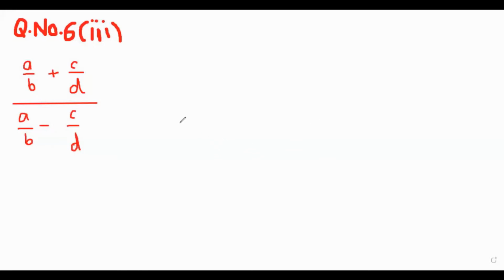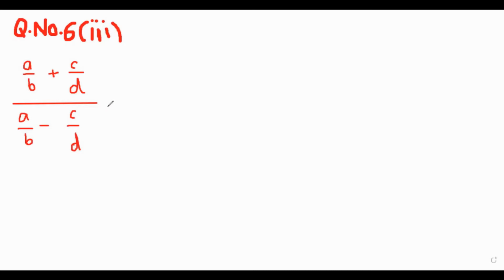As you know, we had been doing the questions related to the properties of the real numbers, and now in the current lecture, this is the eighth lecture, we'll be trying to simplify this question in which (a/b + c/d) is divided by (a/b - c/d), and we have to use the properties of the real numbers because we have to simplify by justifying each step. Whenever you are going to justify each step, it means that you have to do the procedures related to the properties of the real numbers.